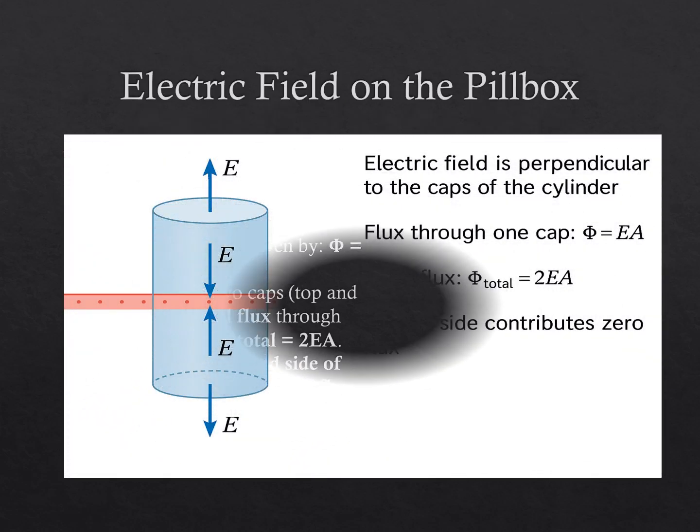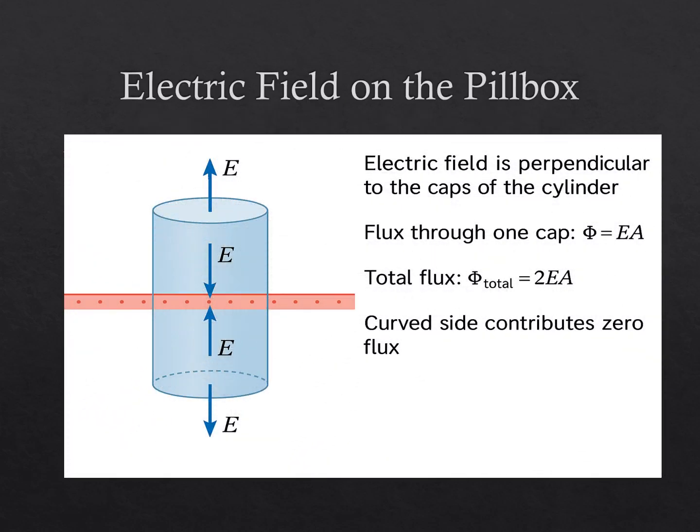We'll be seeing the summary of the electric field on the pillbox, and in the picture we can see that there's this infinite plane, which is the red area, which is the positive charge. That's why we can see the electric field is going out of the pillbox, and that's parallel to the